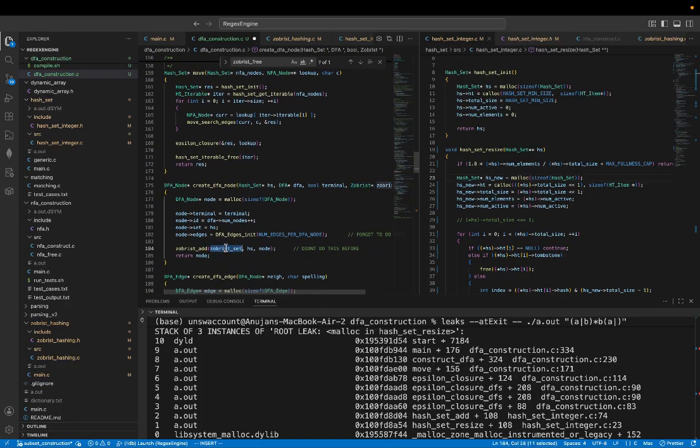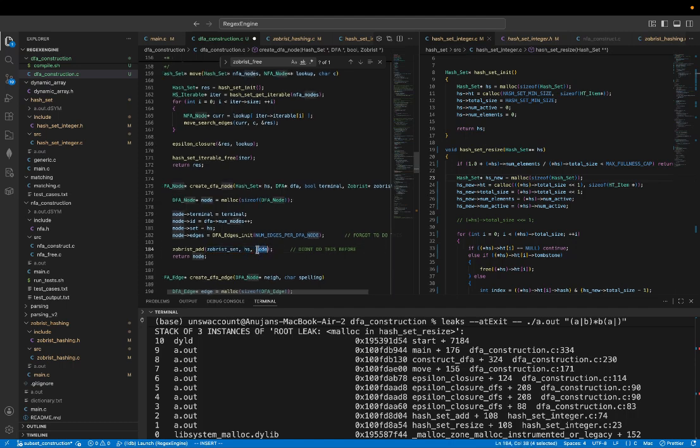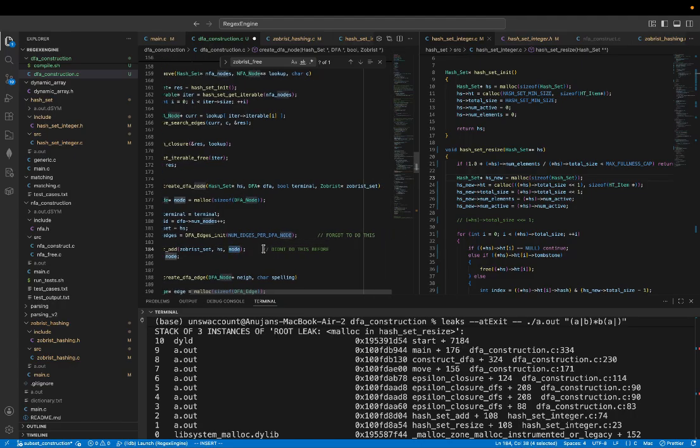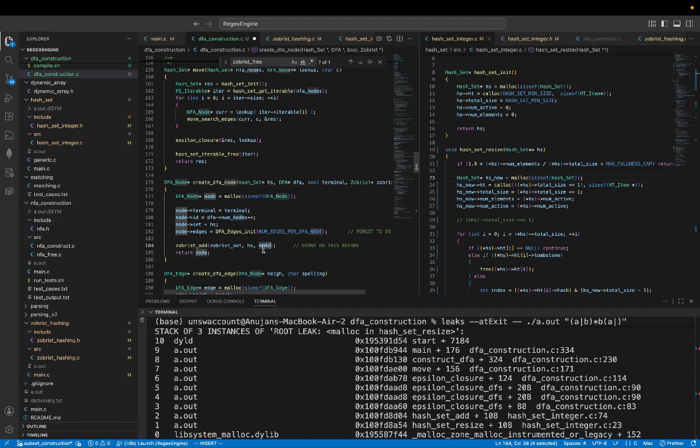When I run Zobrist add this hash set, I think I need to give a double pointer again. Not because it's resizing. This time it's not about resizing. I think what might be happening is, well, it has something to do with resizing. When you add the hash set, no, I don't believe it anymore. Sorry. I was gonna say, when you add this hash set, what might be happening is,